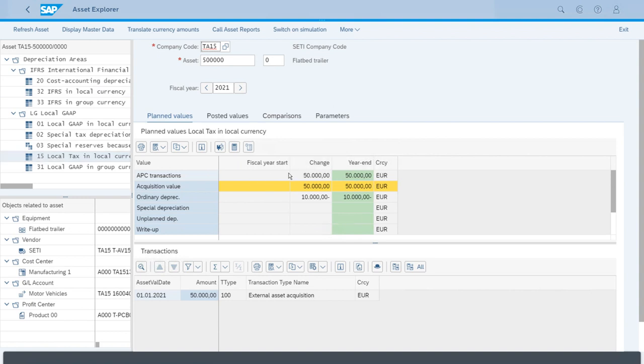Well, as you can see, I hope you agree with me. The change pops to our attention right away because we have the same acquisition value. That's something similar for both depreciation areas, but immediately we see a different value for the ordinary depreciation. So it calls our attention immediately, and to understand why this is different, well, first of all, because as